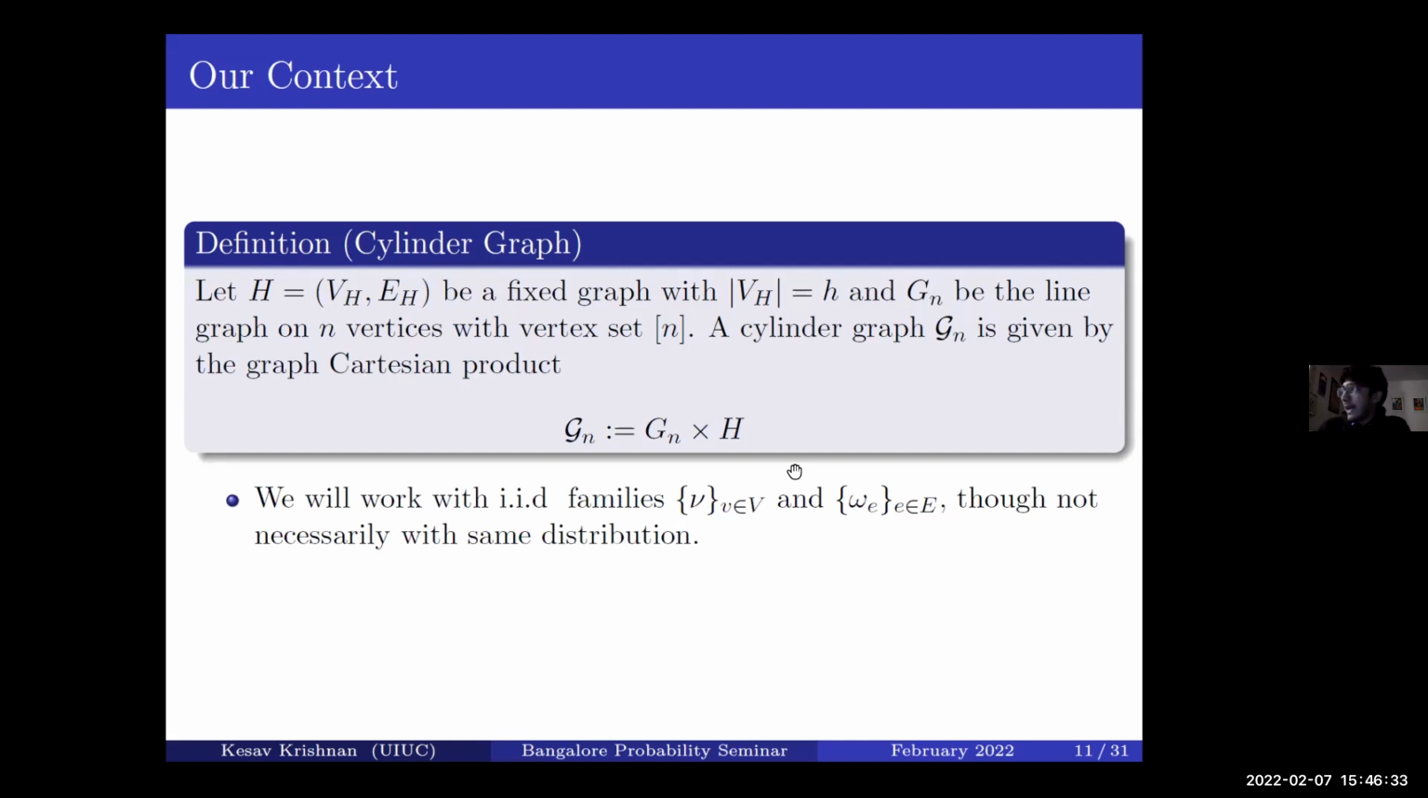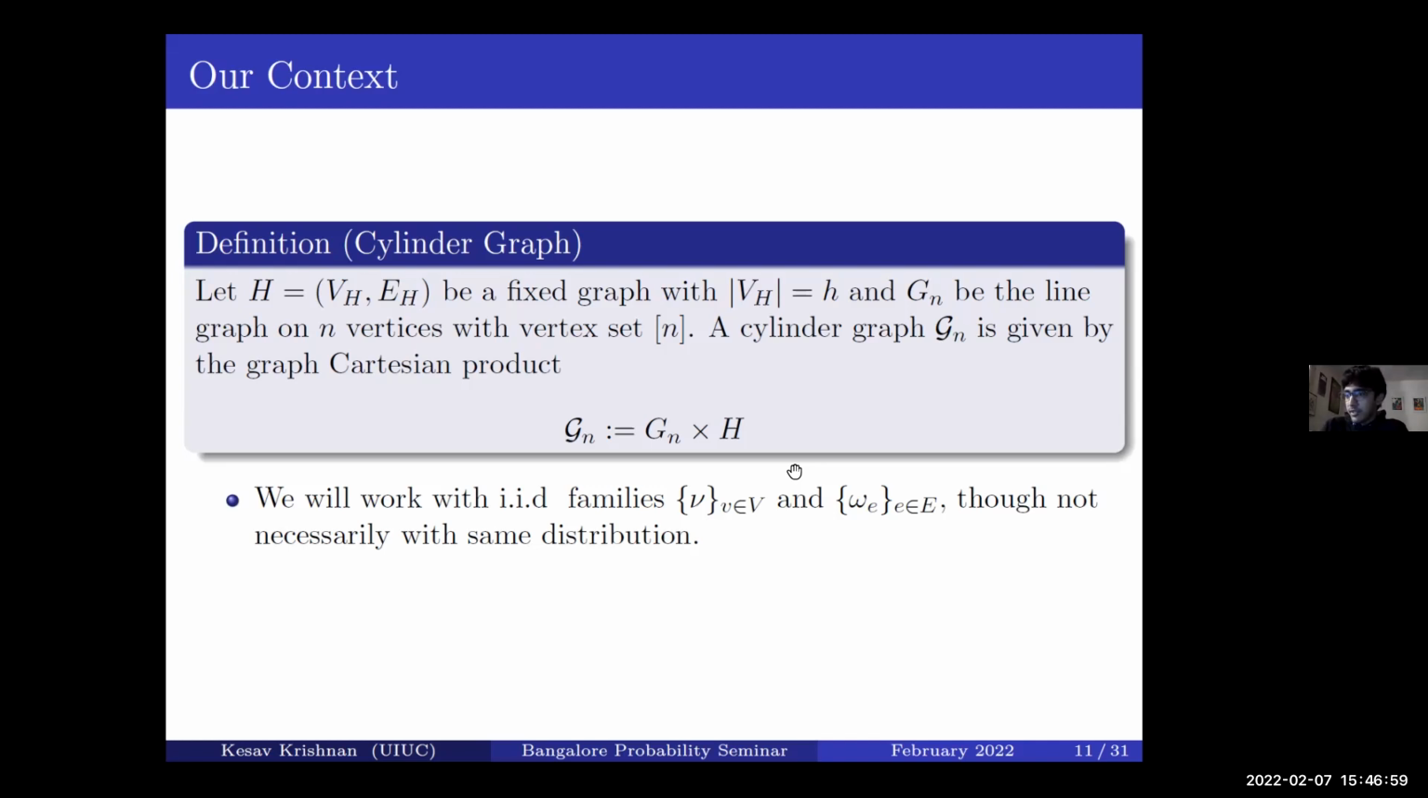And we'll work with IID families for the vertex weights and the edge weights. And a very naive question: what is the Cartesian product of graphs? The vertex set will be the Cartesian product of the individual vertex sets. And then the adjacency relation is prescribed based on